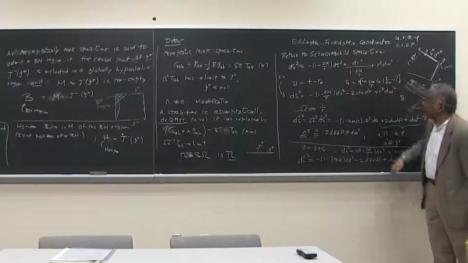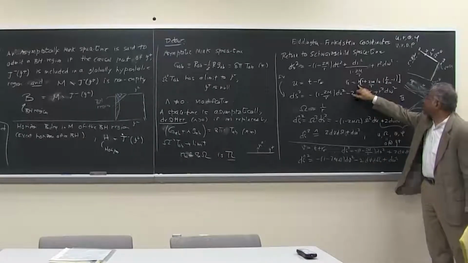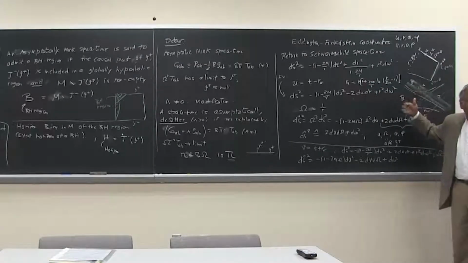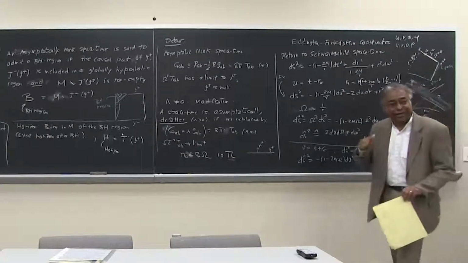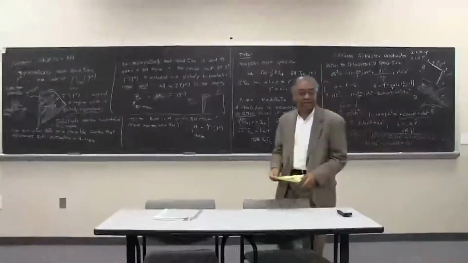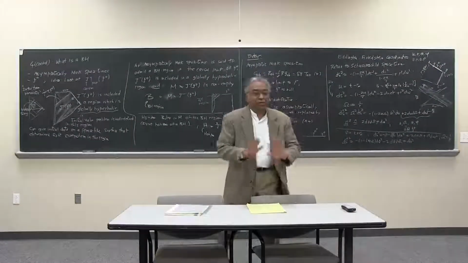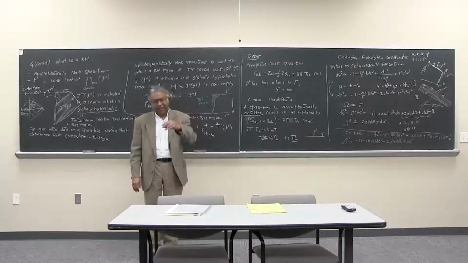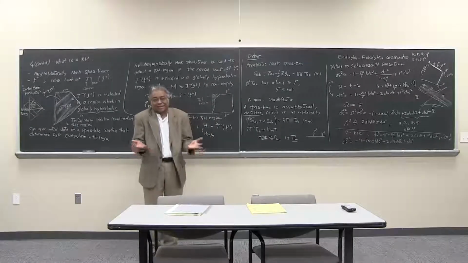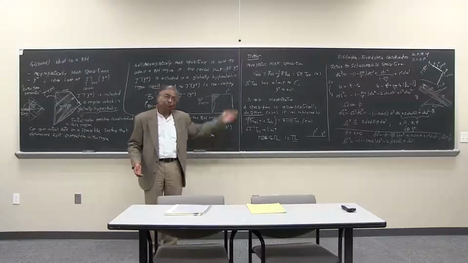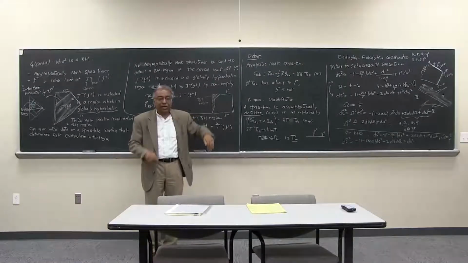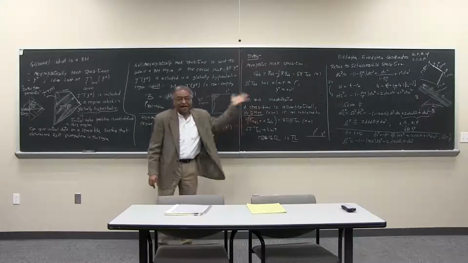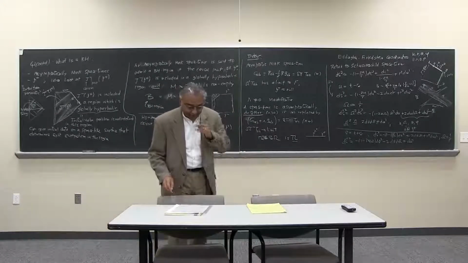Near the horizon, they behave very differently because r is just 2m there, and r star becomes minus infinity there. That's why it's called the tortoise coordinate. It approaches the horizon very slowly. So we can use little u, little v. You can use capital U, capital V, and of course you can write down the conformal completion, getting both chi plus and chi minus using capital U and capital V. There's no problem. It's just that things are not as transparent as they are here.